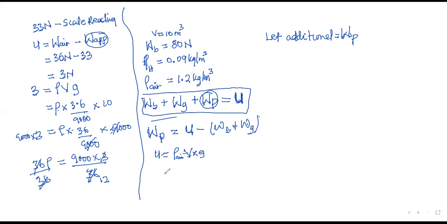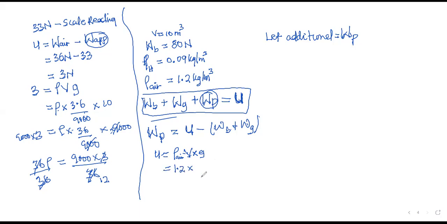It is filled with hydrogen of density 0.09 kilogram per meter cube. Okay. And the air density is 1.2. Okay, so it was given to us in kilogram per meter cube. Okay, so 1.2